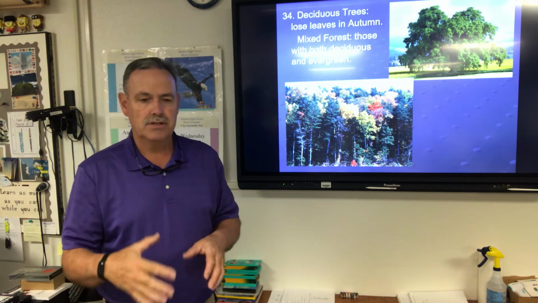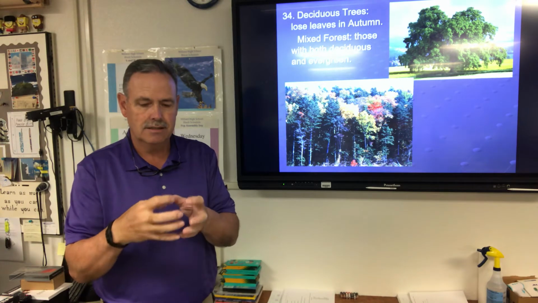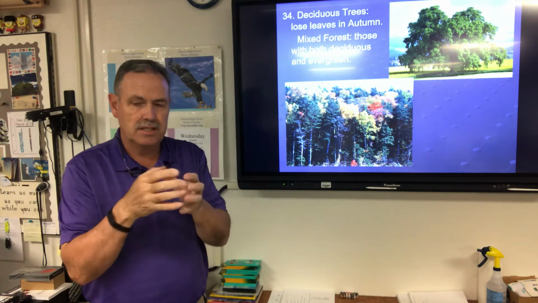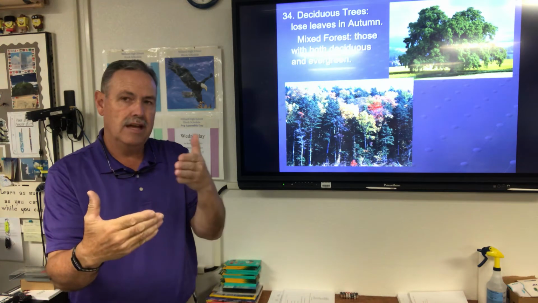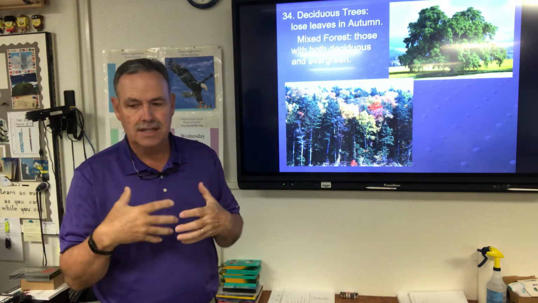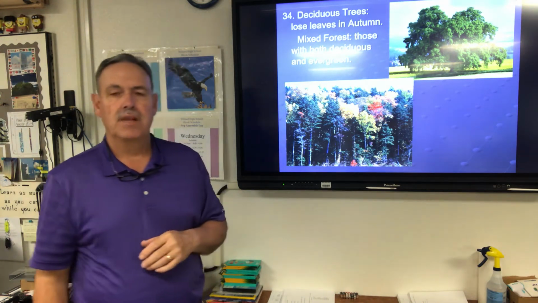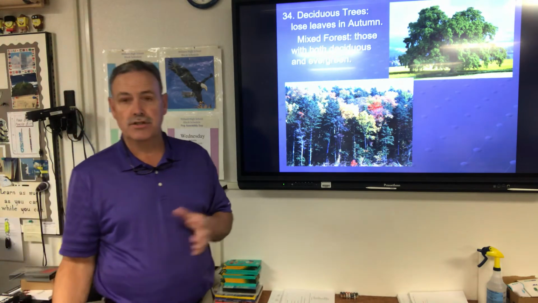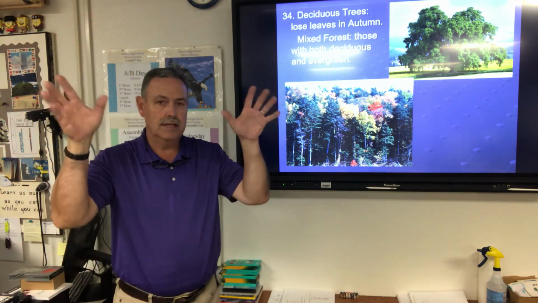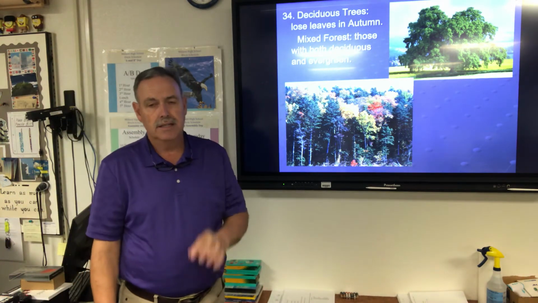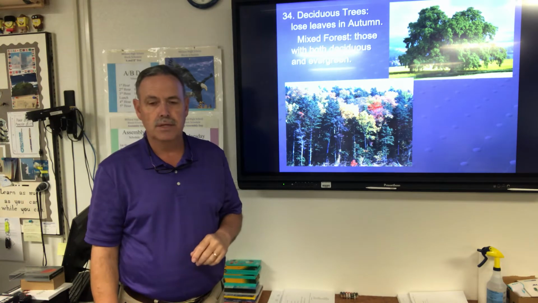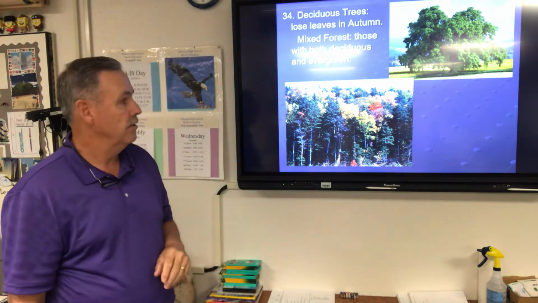So what happens is the tree actually secretes this chemical or something that severs the bond between the leaf and the tree. So the tree itself is actually getting rid of those leaves so that in wintertime when it snows, they don't have all those leaves and branches don't break. They still can if we get an early storm, but for the most part they're fine and they'll make it